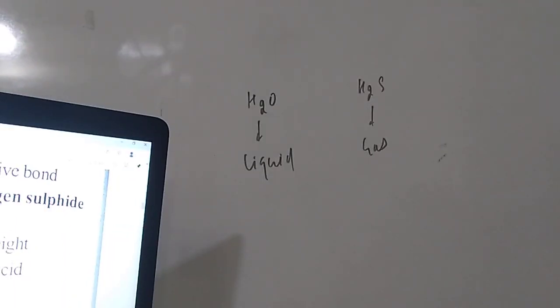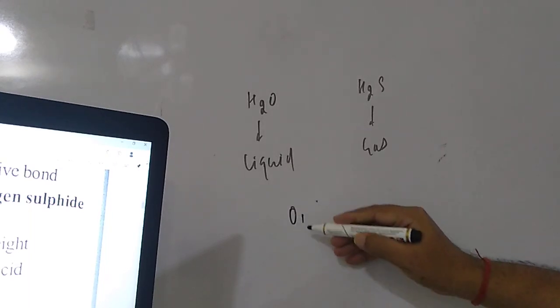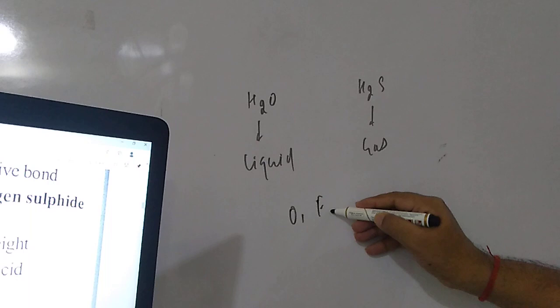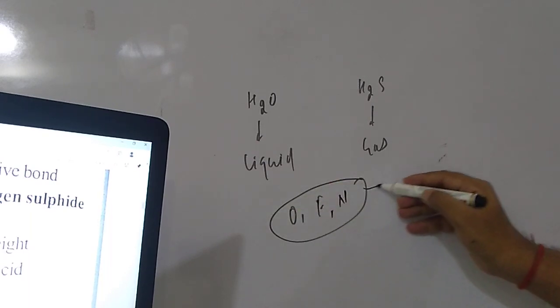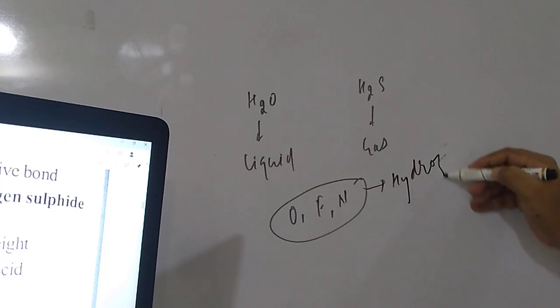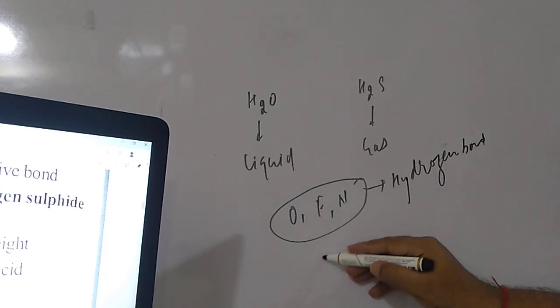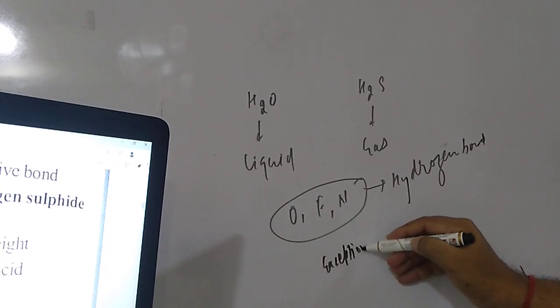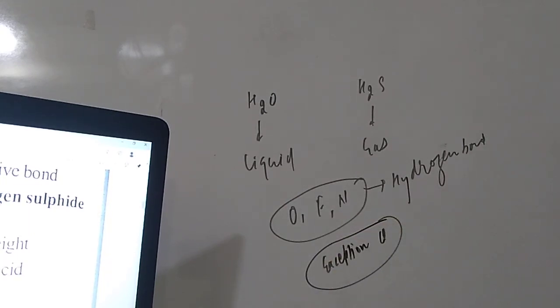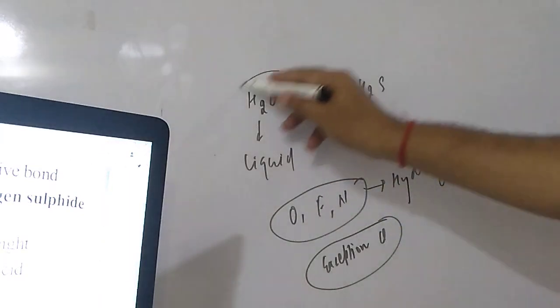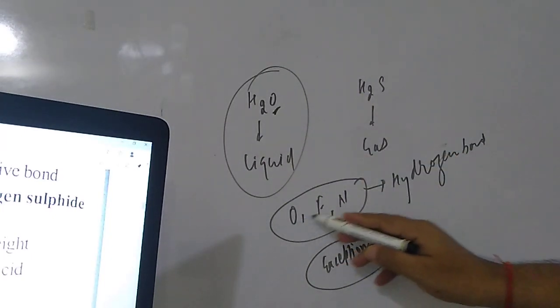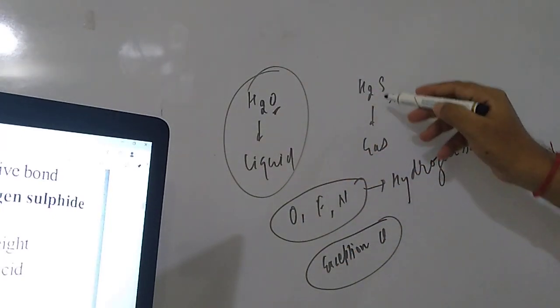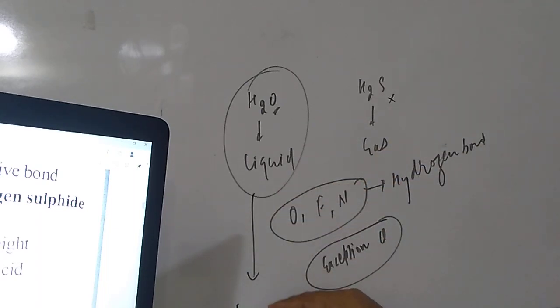Okay, dear student, what we know is which atoms are capable of forming hydrogen bonding. Only oxygen, fluorine, and nitrogen. These atoms are capable of forming hydrogen bonds. In some cases exceptions are there. Cl also forms hydrogen bonds, but only very rarely. So if you take H2O and H2S, the H2O molecule has oxygen out of OFN, but sulfur does not form it.